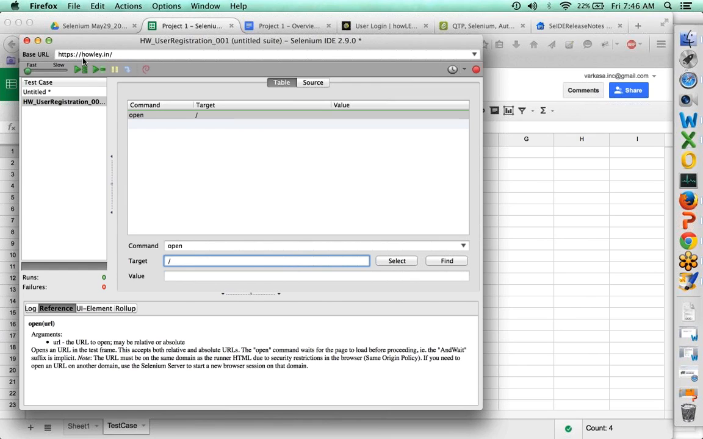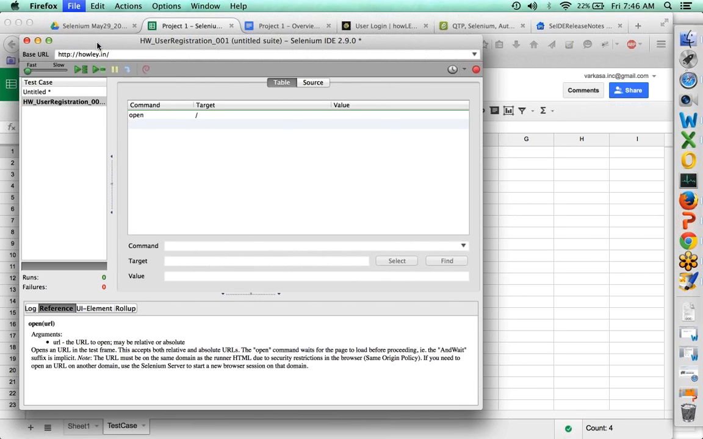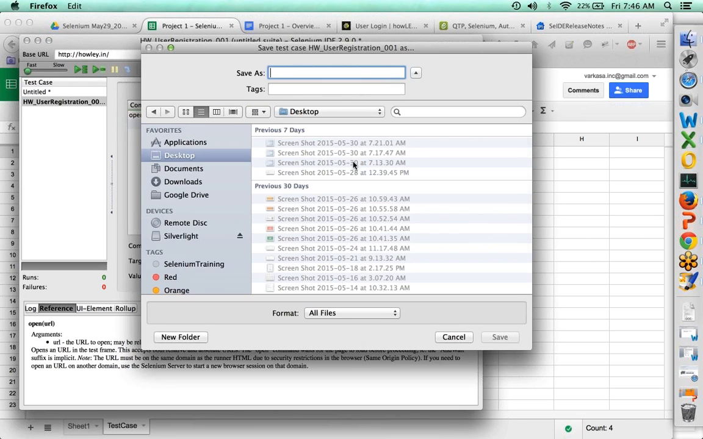Why are we giving just one slash? Because howley.in is our basic URL. So anything we do will be on howley.in. So if I can just save this as is, just go to file and say save test case and try and execute this. Let's call this as